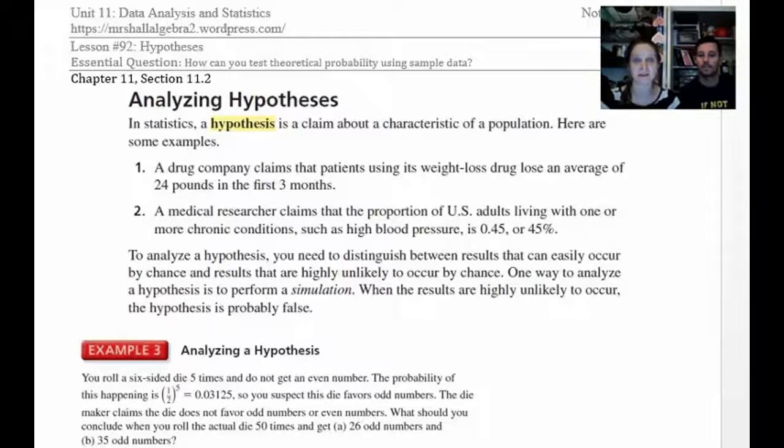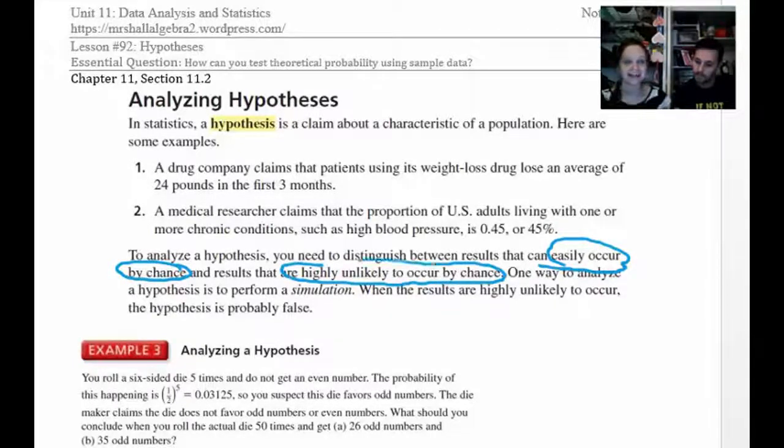To analyze a hypothesis, you need to distinguish between results that could easily occur by chance and results that are highly unlikely to occur by chance. One way to analyze a hypothesis is to perform a simulation. When the results are highly unlikely to occur, I can say the hypothesis is probably false. Okay, so this can be a really confusing lesson because often it deals with some individual